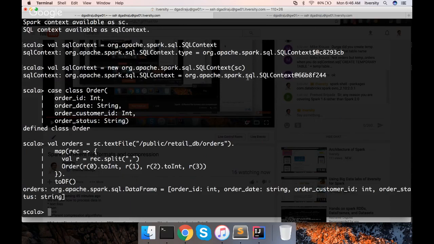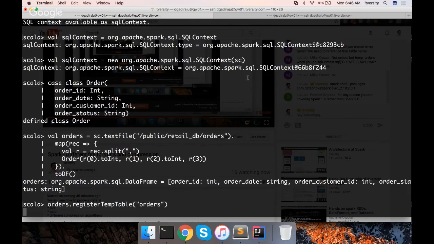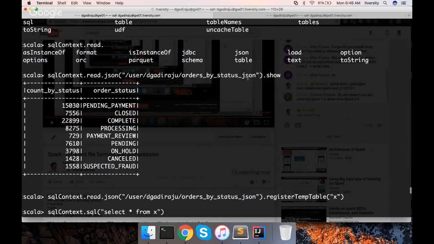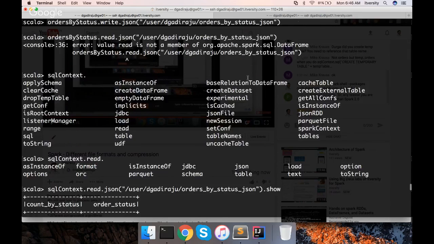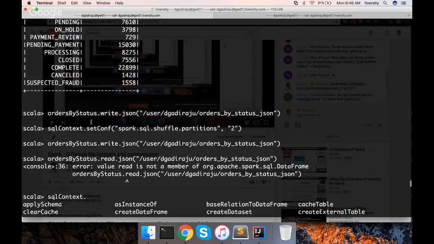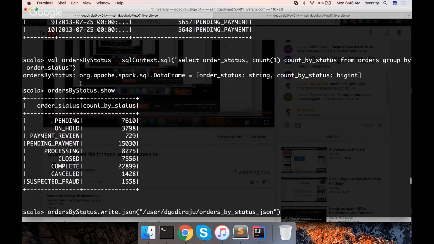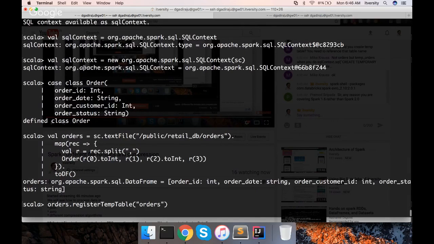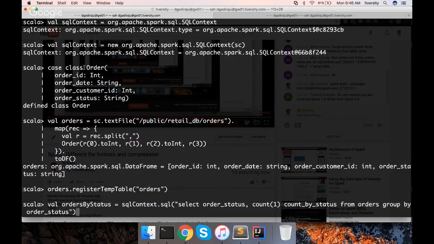And then let me register this as temp table, orders. Okay, and then create a new data frame where we will get by running a query to get orders count by status.